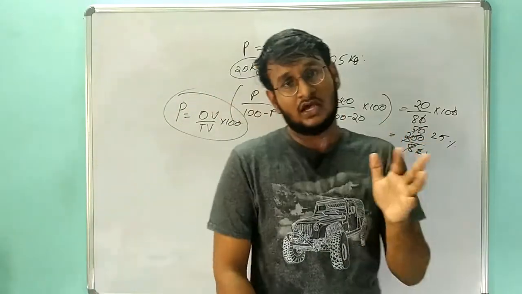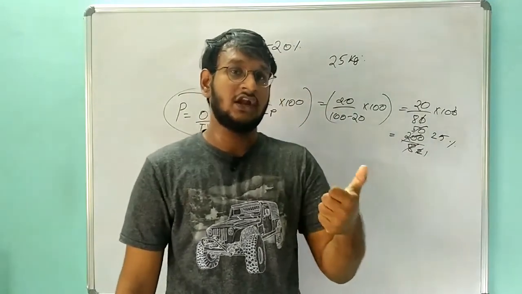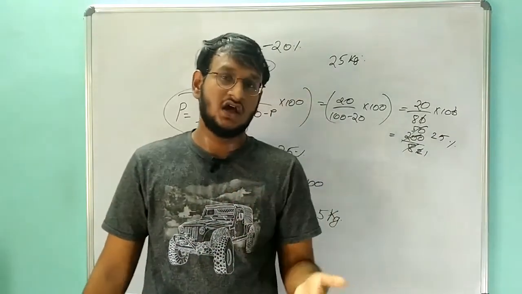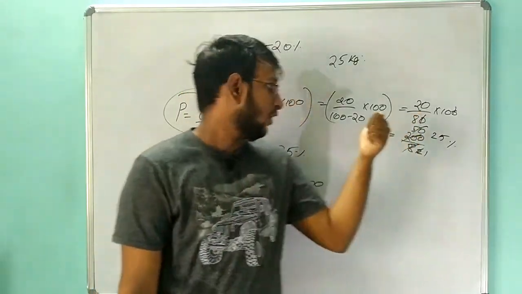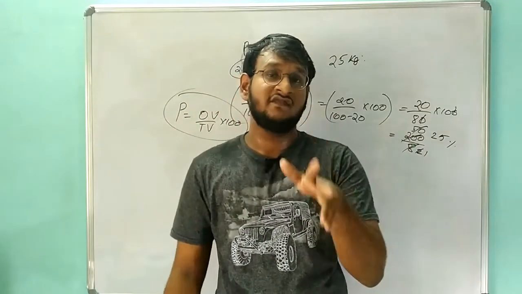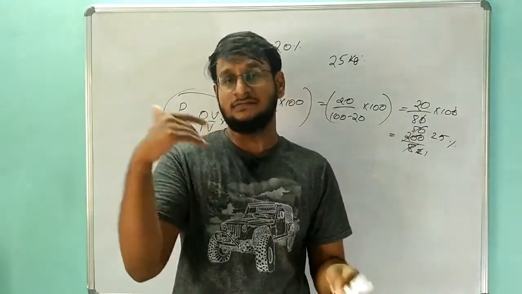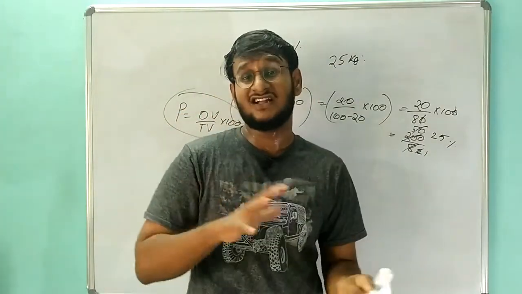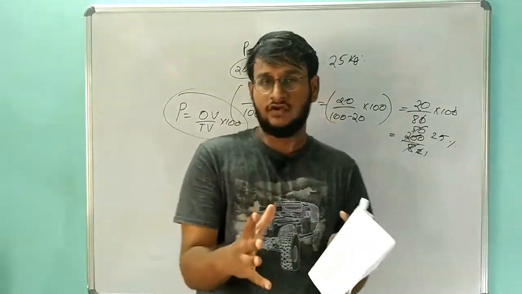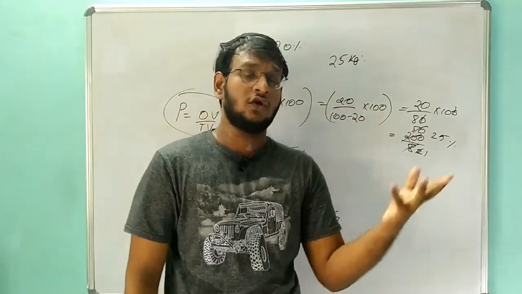I hope this video is informative. We saw what percentage is and the formula related to percentage, that is P is equal to obtained value divided by total value into 100, and we also saw two other formulas, that is P divided by 100 plus P into 100, for questions related to price reduction or price increase, so that we can reduce or increase our consumption with respect to the increase or decrease in the price value. So we saw two problems as well as two formulas.